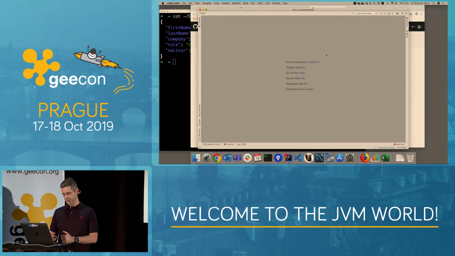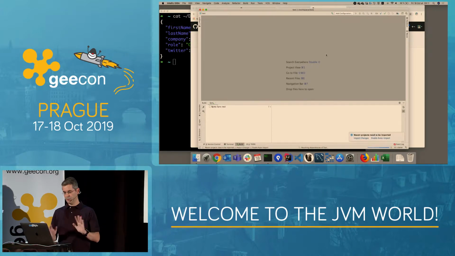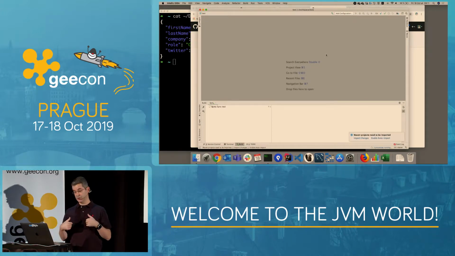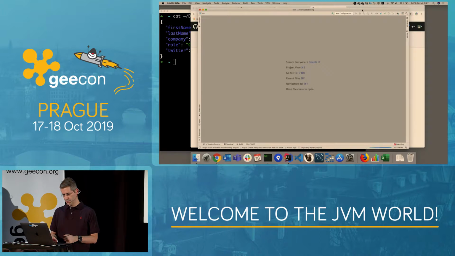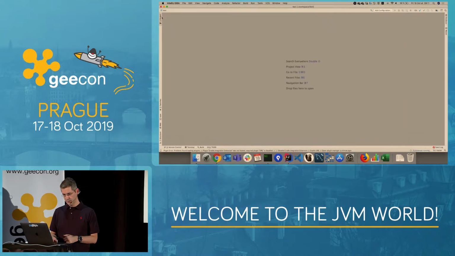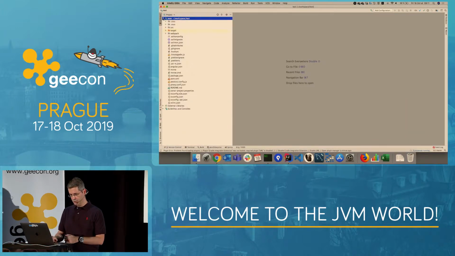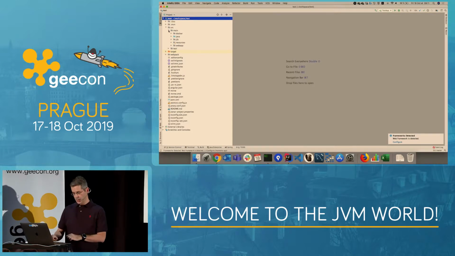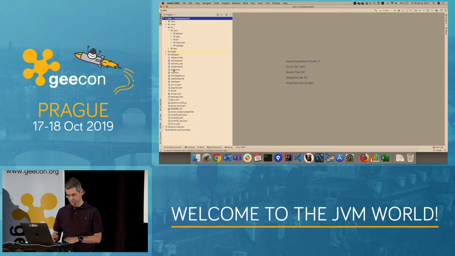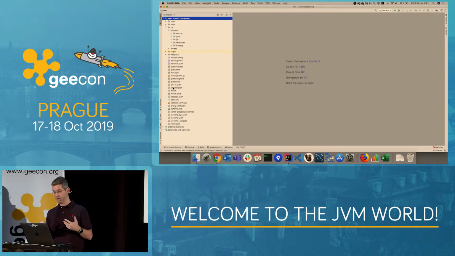So I'm just opening it. We're going to have a quick look at what is generated. I'm just going to run it, because it's the best way to understand what we are doing. So here I've got my project called test. At the moment, it's mostly a skeleton. I have just generated an app with a few options. We see that it's quite a lot of files because I'm displaying the hidden files here. So you see that we are generating quite a lot of configuration files to help the IDE or to help you.